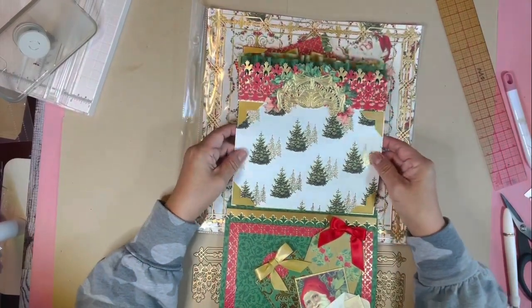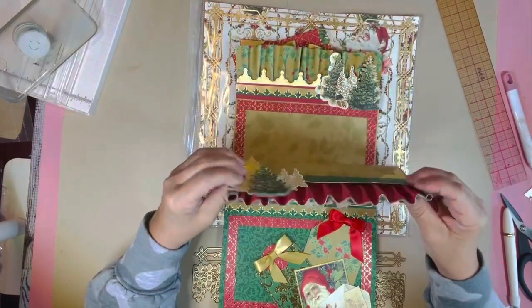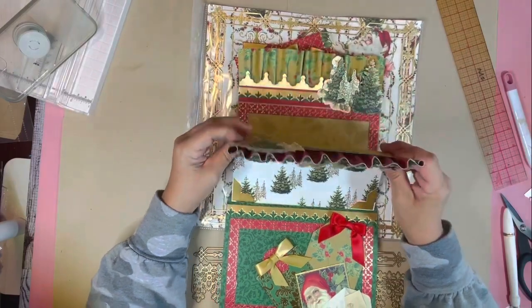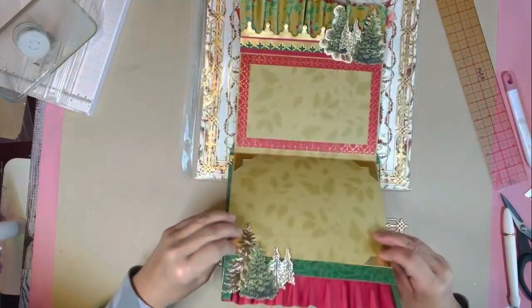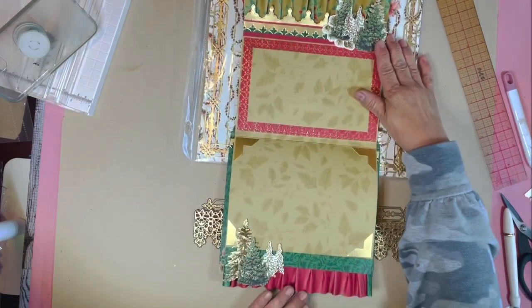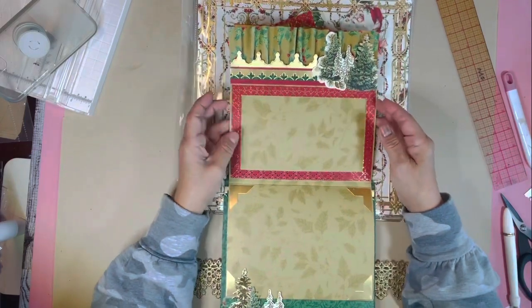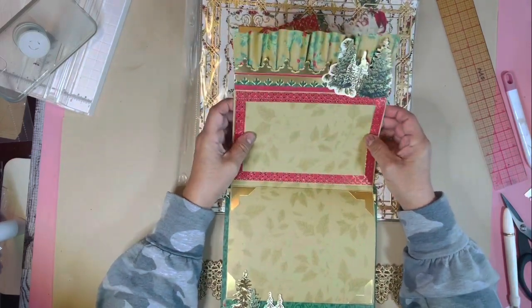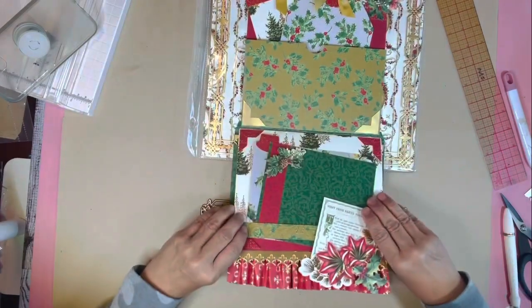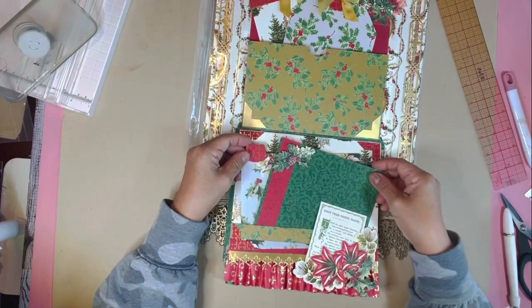Here's another page right here, and you have double lace border with a ruffle. How can you go wrong with a double lace border and a ruffle? And then you go open this up, and here you have a double spread. So we have here some little pine trees, and up on top you can have so much room for pictures. It's just fabulous. Okay, and then we open up the last page, and you have here this little cute little belt that holds in these little page